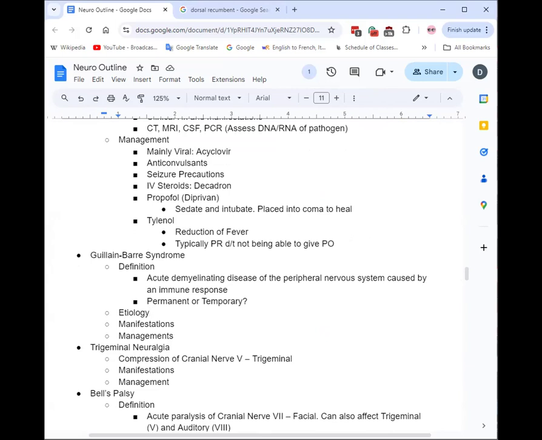So we have Guillain-Barré syndrome. I think you might remember having to learn how to pronounce this word, or slightly how to or what it is, when you were doing injections. Some of you got a flu shot in 212 for your CPE. So one of the things to ask was about Guillain-Barré syndrome as well as egg allergy. But the definition I just kind of wrote out for you. It's a demyelinating disease of the peripheral nervous system, caused by an immune response.